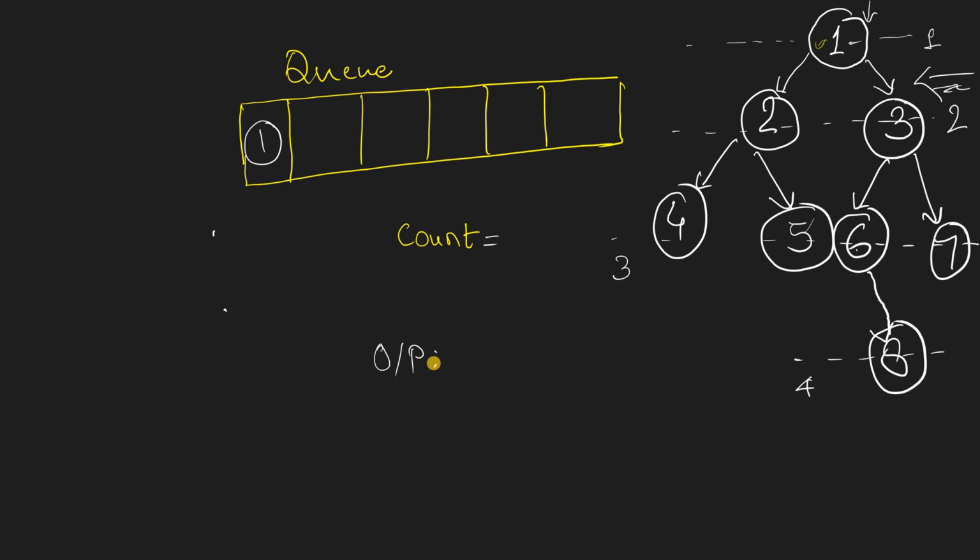Okay, so after pushing the element, we will take the count of the queue. So the number of elements present in the queue, and we'll store it here. Right now only one element is present, so we'll store 1 here. After this, we will pop the element from the queue. So let's pop 1 from the queue. Now we'll decrement count. So if we decrement the count, it will become